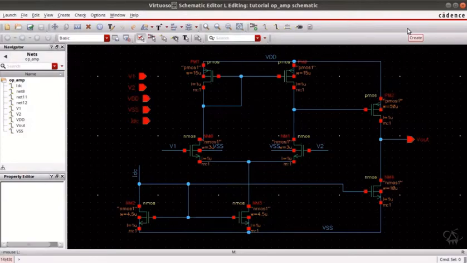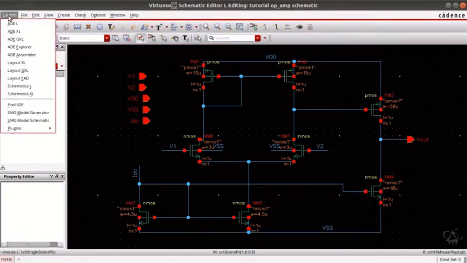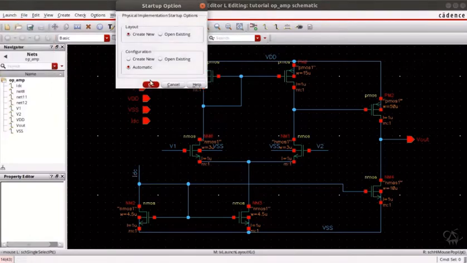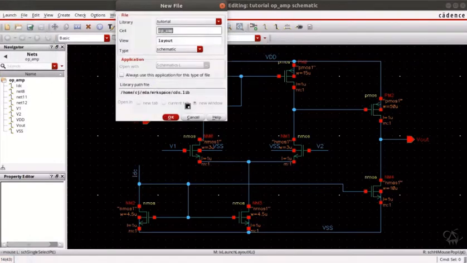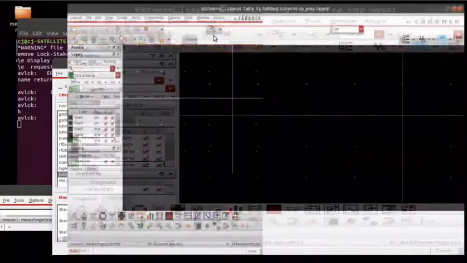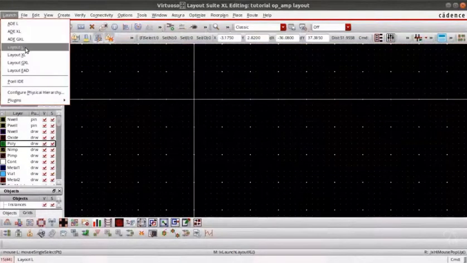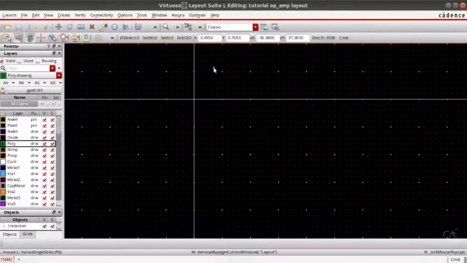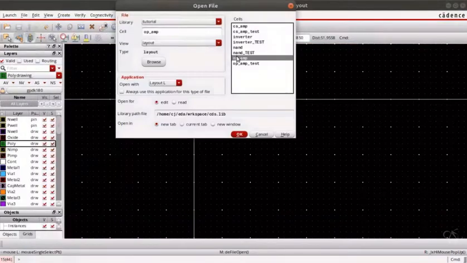So in this video I will be teaching you how to design the layout of a CMOS two-stage operational amplifier. So this is the schematic that we had designed in the previous videos. So now let us go ahead and launch Layout Excel. In Layout Excel you can also go to launch Layout L, which is a little better than Layout Excel. So you can go to File, Open the Opamp